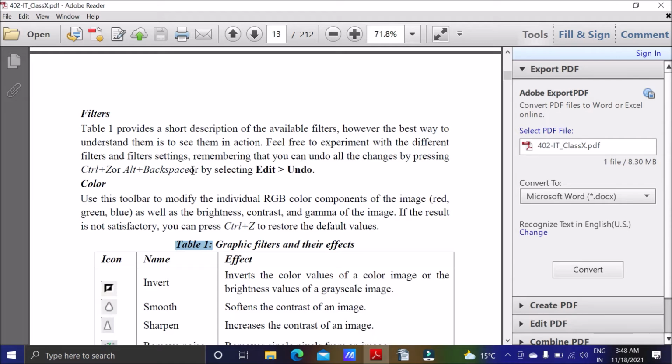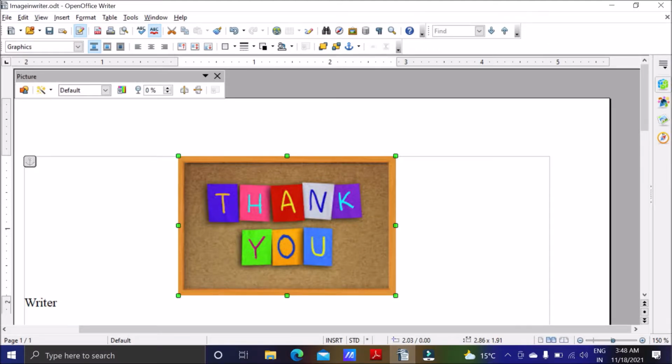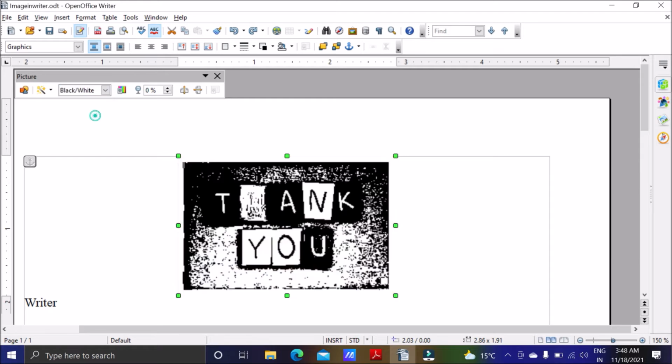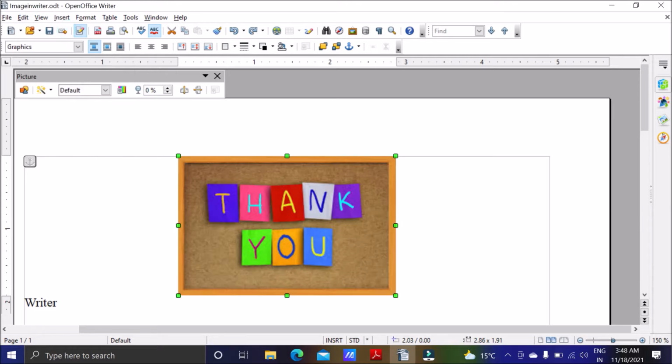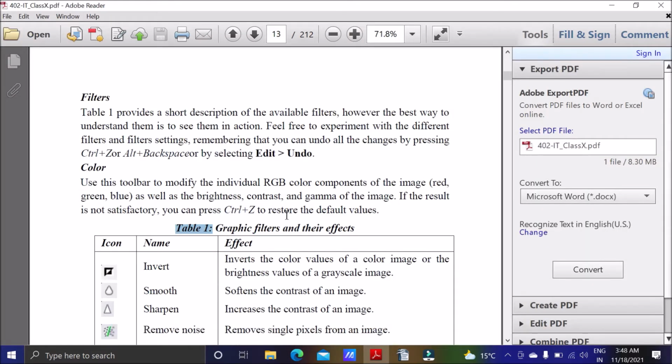Alt plus backspace sometimes does not work. So suppose I have changed it to grayscale and I don't like it. I can go for Control plus Z, undo. I undid my action. Or suppose you have gone for black and white, you can click on edit and then you can select undo from here also. Both will work.